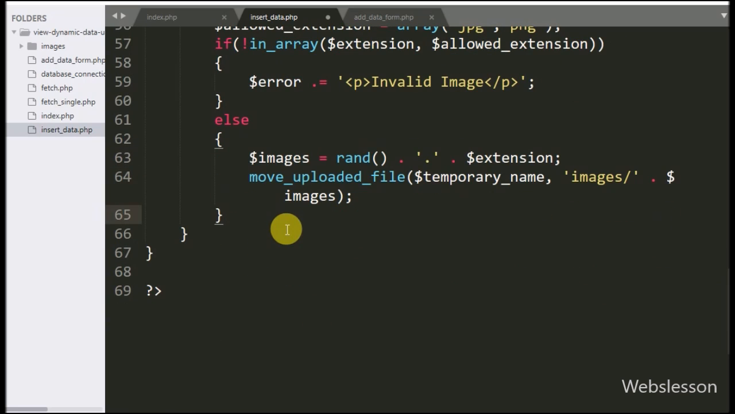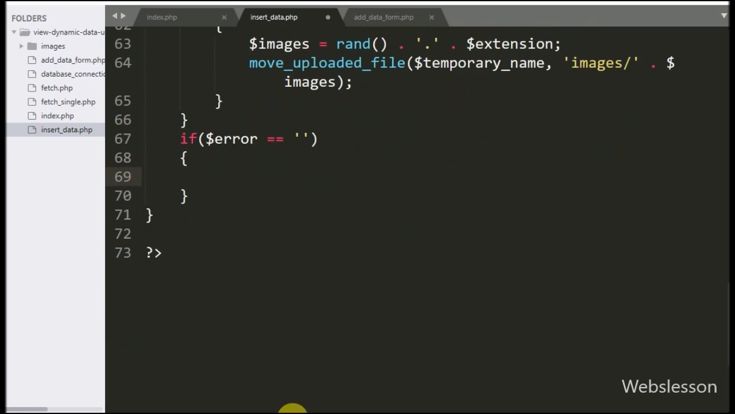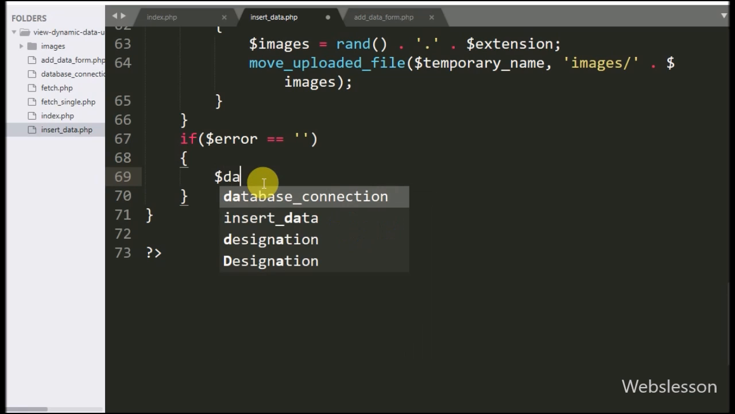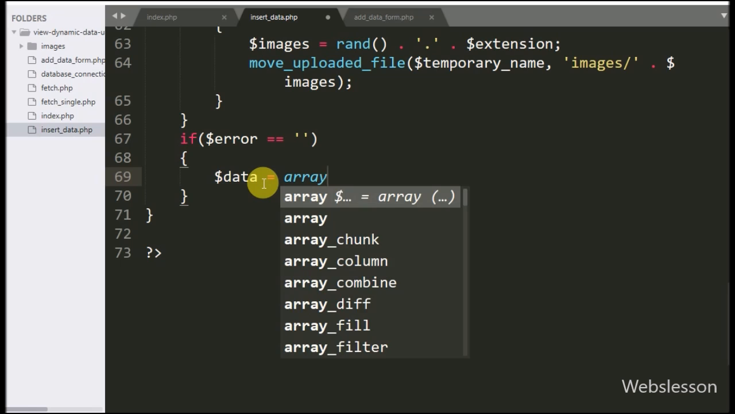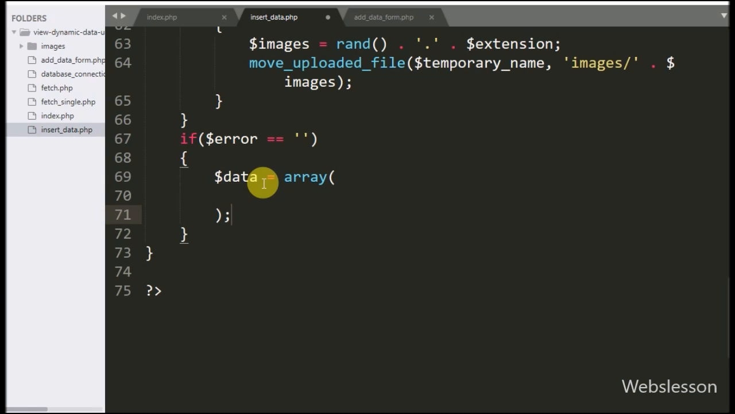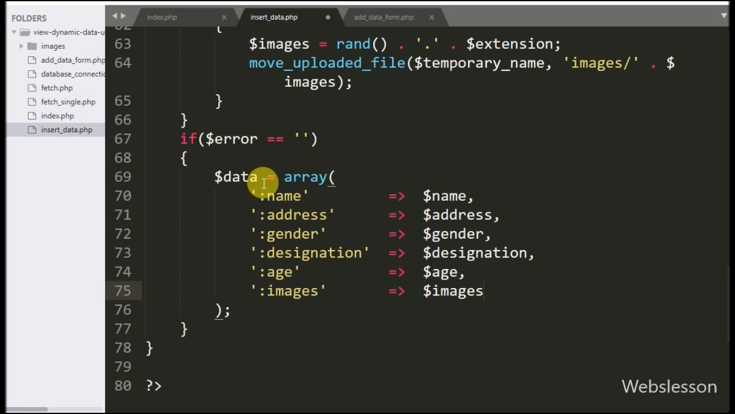Now we have written an if statement, and under the condition, we have written the $error variable value is equal to blank. If this condition is true, then it will execute the if block of code. Under this block, we have written the $data variable equal to an array, with a :name key, value from the $name variable, :address key, value from the $address variable, :gender key, value from the $gender variable,